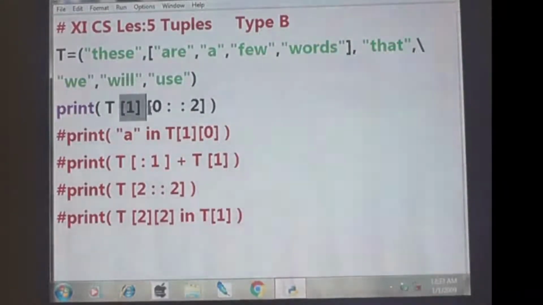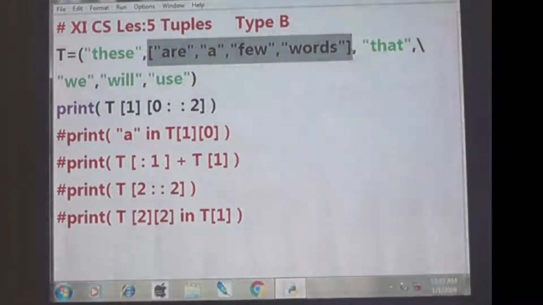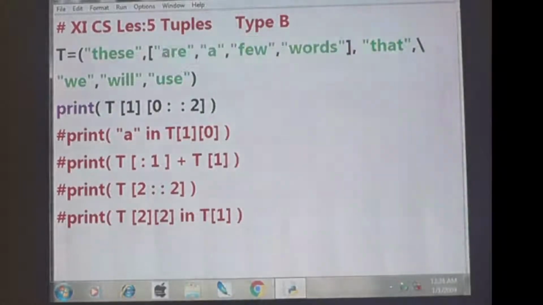So what is this 1 and what is this 0 to 2? Okay, very simple. You just see this 1 alone. 1 means 1st index. You see, this is the 0th index, comma, and this is the 1st index. The selected portion is called the 1 index. So don't look at other things, just look at this part. Okay, fine. Starting from 0, starting from R, you see 1 means this portion.